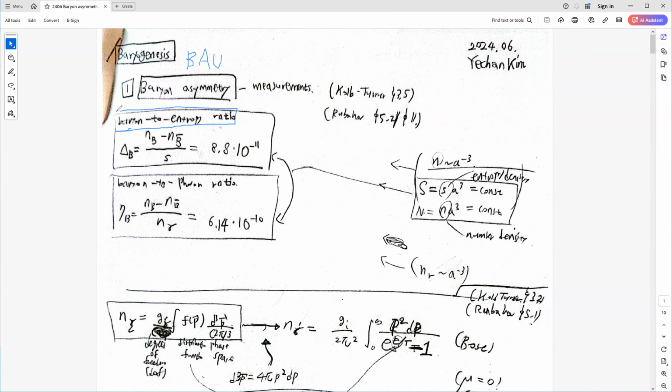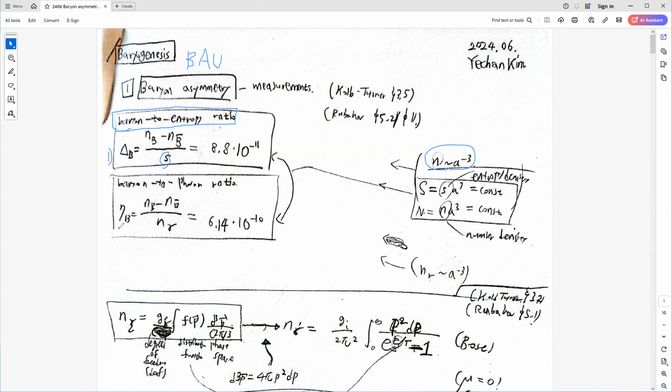Because the number densities in the expanding universe change over time, the matter-like component number density is proportional to a to the minus 3, where a is the scale factor. So this gives some invariant quantity along the cosmic time. If there is a specific process, then we should divide by other quantities. So the number density can be divided by the entropy density, that's the first way, and the baryon number density